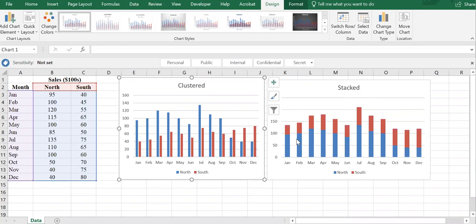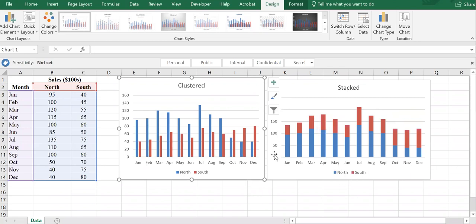We also see the pattern in sales. We see the increase, decrease, increase, and again decrease in the north. But it's so hard to see the movement, the increase and decrease, in the south. But this graph makes it easier to see the movement pattern in the total sales, including both